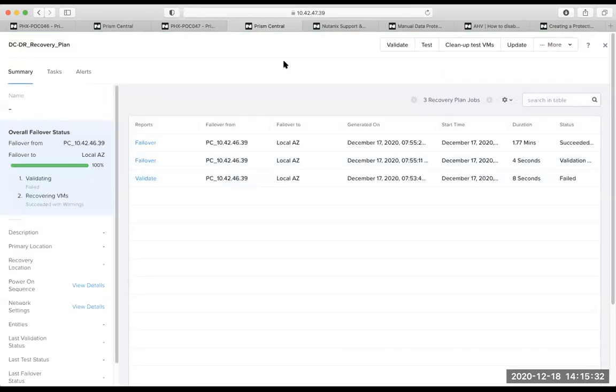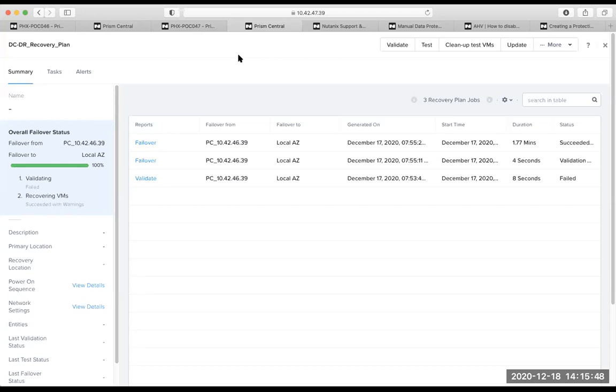Okay, so I'll come here. Now we are in the recovery plan. The recovery plan is the place where you can do the DC and DR failover, or take your workloads from DC to DR in the case of a manual failover. Now let's assume that I am doing a manual failover.